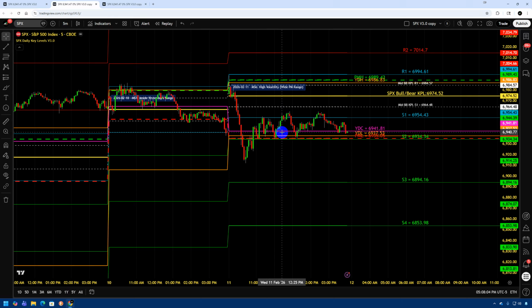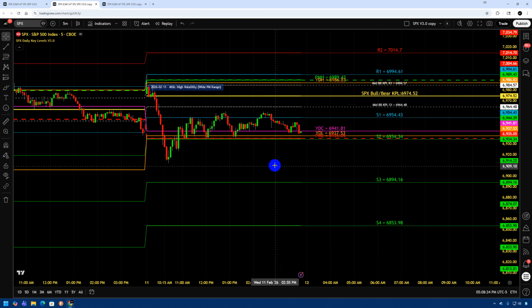So they're more than happy just to have one trade a day or wait for a specific trade to happen, whether there's no trades that day and maybe they're just waiting for the next day for that trade setup to happen off of a specific level, whether that level is one of the S levels, one of the R levels, or one of the PMH, PML, YDH, YDC, or YDL levels, and just execute those trades and not try to take every trade on every level. There's other traders that like to take every trade off every level. Everyone's different, so that's part of the